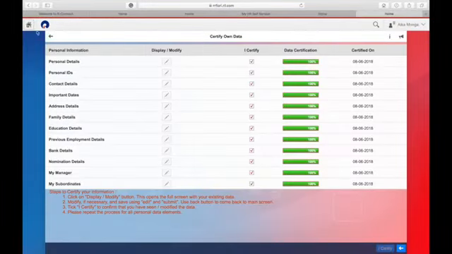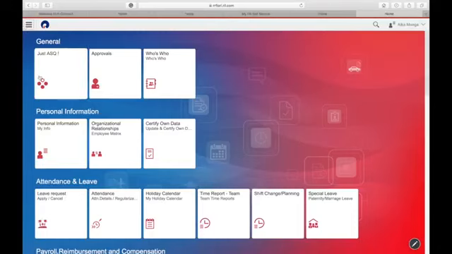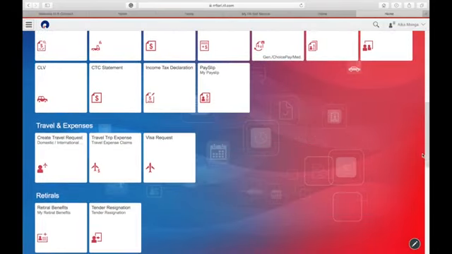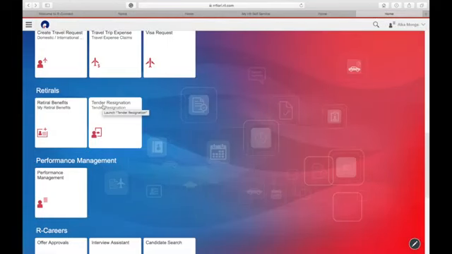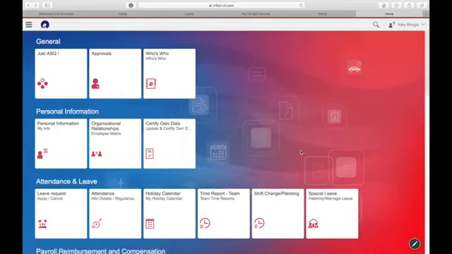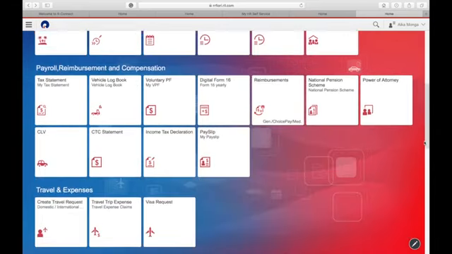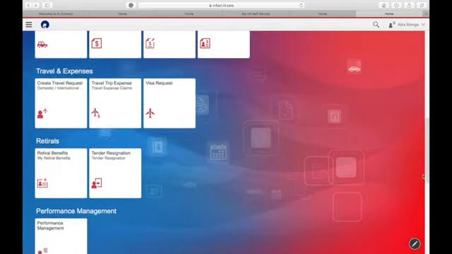If an employee decides on exiting, they can tender the resignation under retirals. You can see a button which says tender resignation. Once they submit the resignation over here, there will be an exit interview form which will open for them. That has to be updated. And once the R1 approves the resignation, it gets recorded into the system.